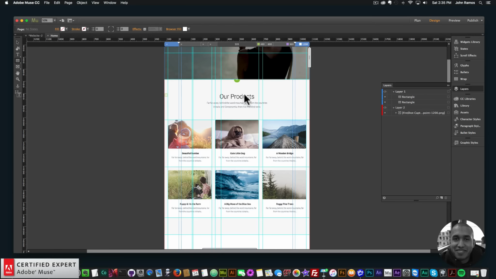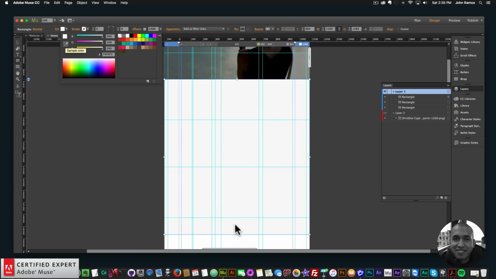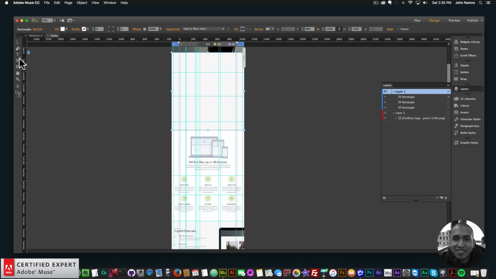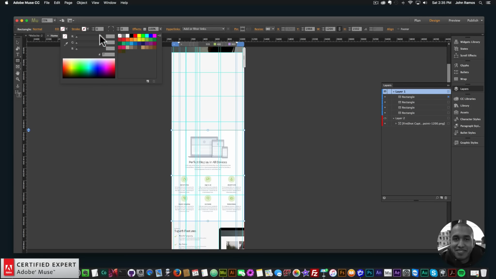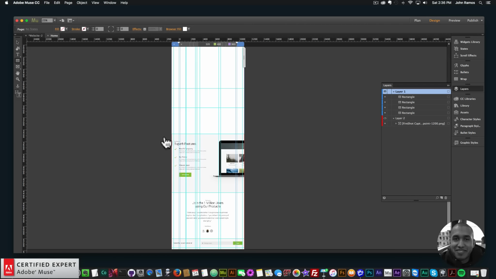So now I'll just go ahead and create these other sections in here. So I'll select the rectangle tool. Let me make sure I'm on layer 1, rectangle tool, and here's another section. And we can see that these sections are a little bit different in color. So to get this color here from this section, I'll go to the fill, select the sample color tool, and sample that color from the image. So there we have that section. I'll scroll down. Let me zoom out a little bit and select the rectangle tool, draw another section, and then the section is white, so I'll just say white. We have that section, and then we have another section right here,